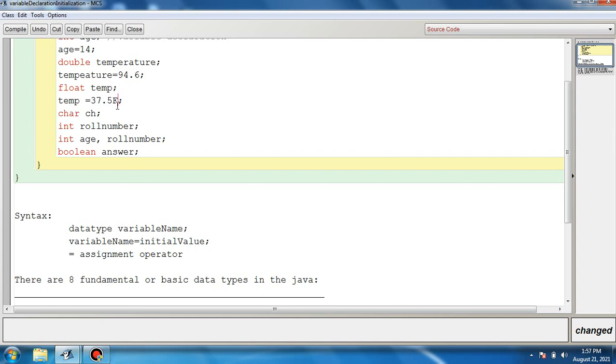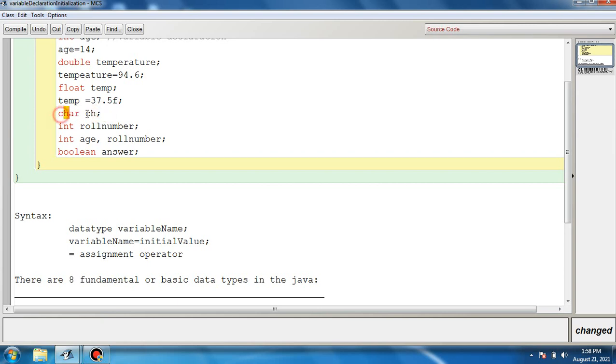So either you can type capital F or small f after typing the value, especially in case the variable is of float type, then we will use f. But if you don't use f, then it is a double type of value. By default all the real type of values are double type values. So since we have declared this variable as float type, while assigning the value to this variable, we have to use f. Either you can use capital F or small f, it depends upon you. It is mandatory, it is necessary, otherwise an error will occur.